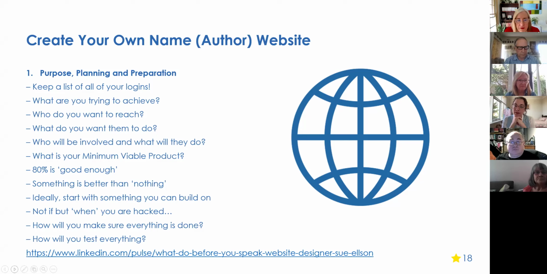So if you're going to go on this process, you've got to keep a list of all your logins for all of the accounts that you will end up having to create. And I do it in an Excel spreadsheet that is password protected. So don't put it on scraps of paper or in a notebook or whatever, because at different times, other people are going to need the logins. And then when they finish the work, you're going to have to change the login details. So you need to be systemized about that.